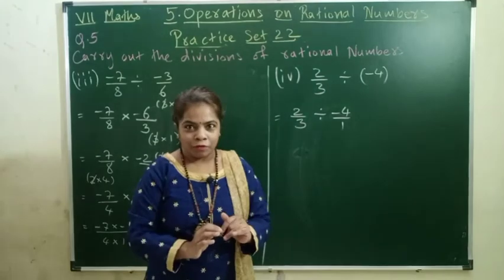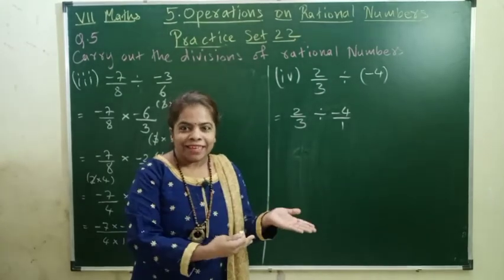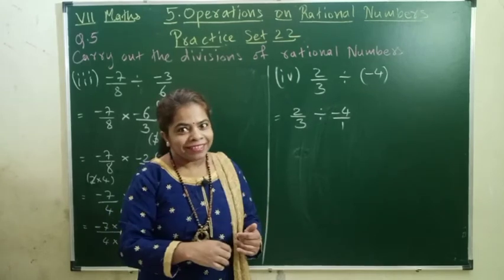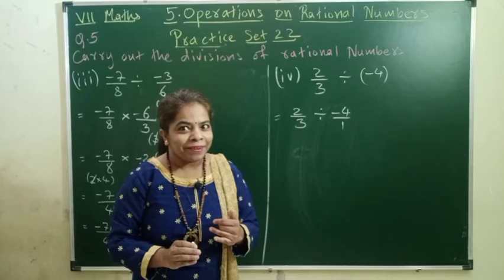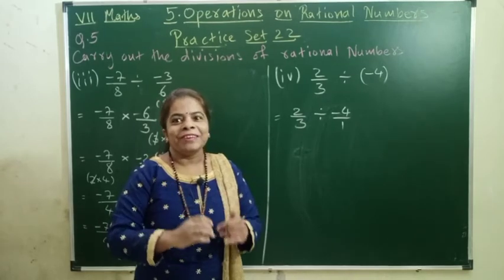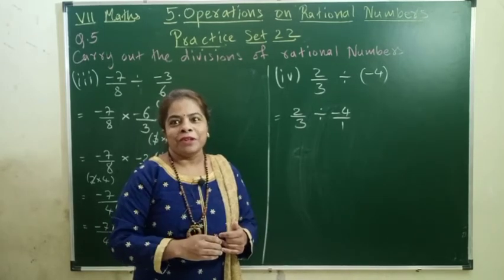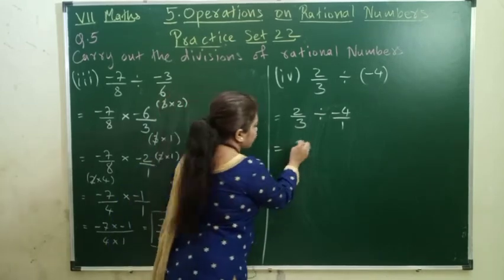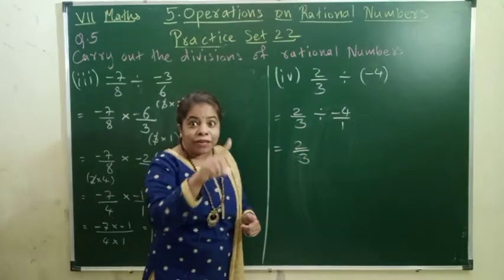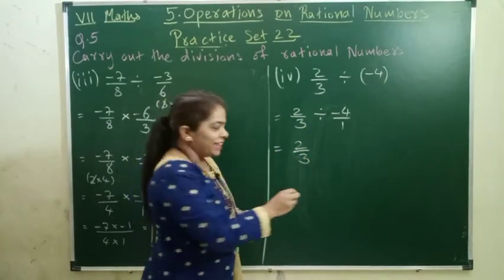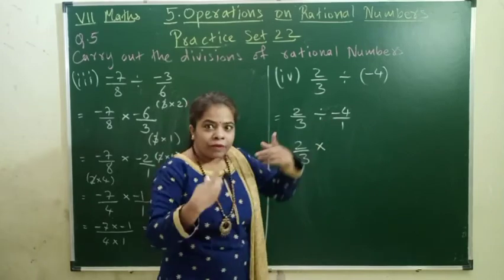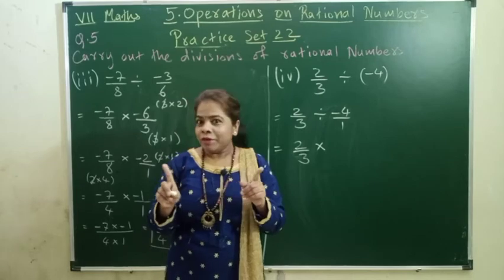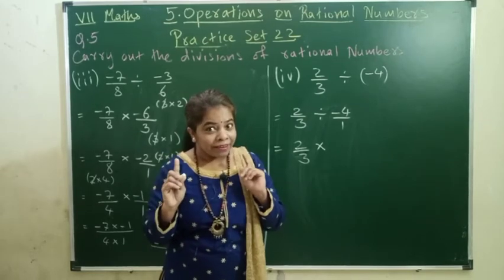Easy for me to solve. I will change the division into multiplication and I will reverse the second fraction. That's the multiplicative inverse, right? Very good, children. You all are learning now along with me. Very nice. Keep it up. So, 2 upon 3 into, very smart children. This we will reverse 1 upon minus 4. But we don't give a minus sign to denominator.